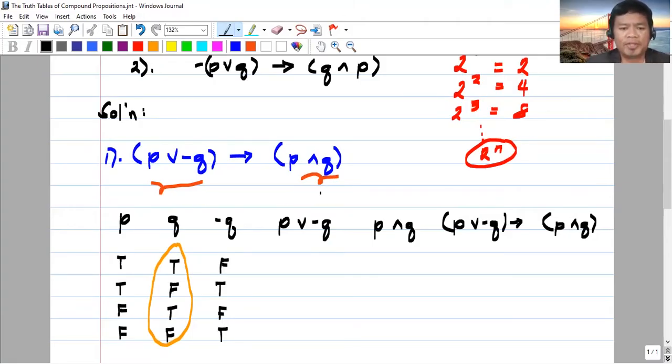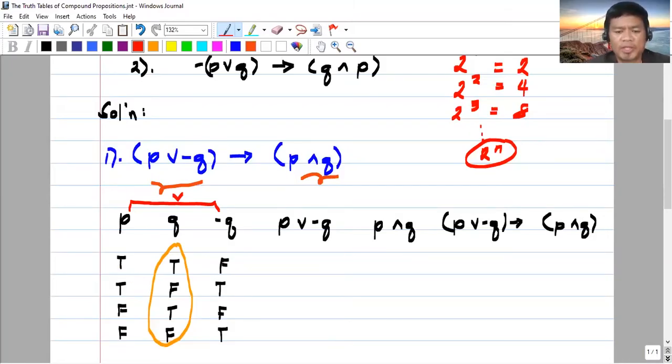So in the first expression here, we combine P and not Q. So we have P and not Q here. Okay? So P or Q. What is